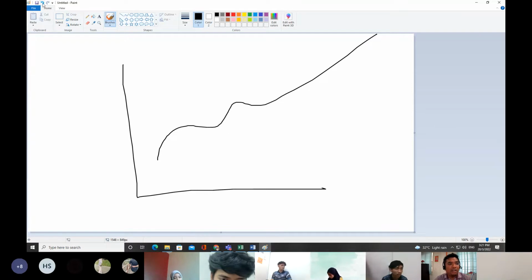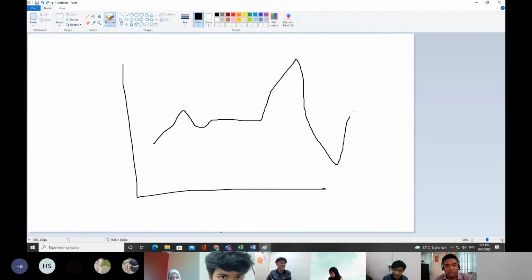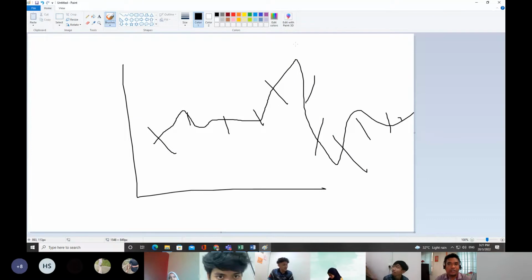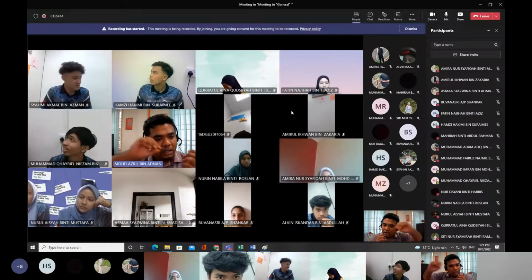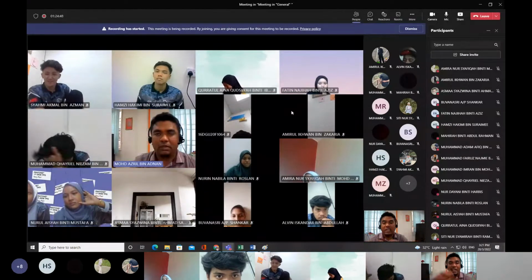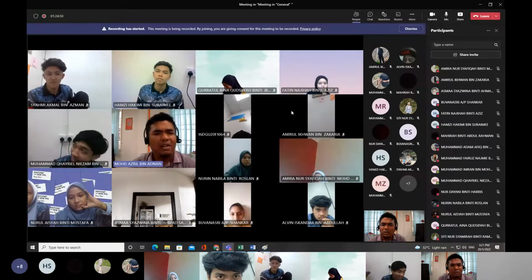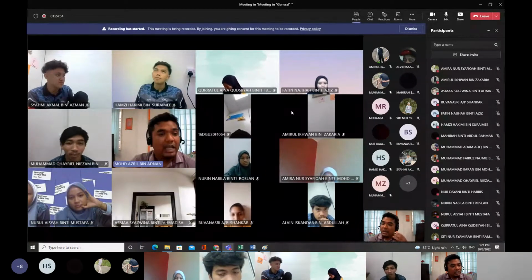There must be a variety of movements and at least 10. Some increase, some decrease, some constant and whatnot. So make sure there are at least 10 movements and at least the movements are varied. So kurang-kurangnya ada 10 titik perjalanan, movements. I don't know how to say movement in Malay. Pergerakan, 10 titik pergerakan dan pergerakan tersebut haruslah